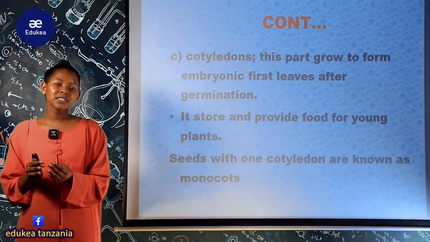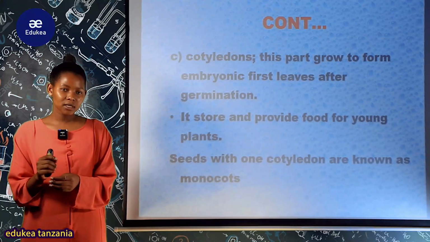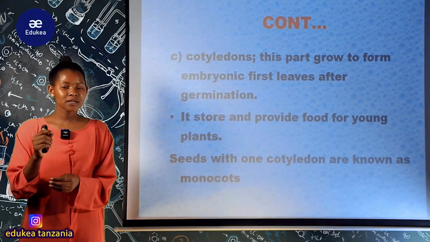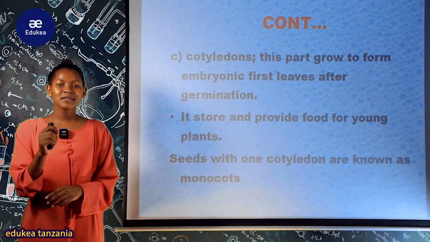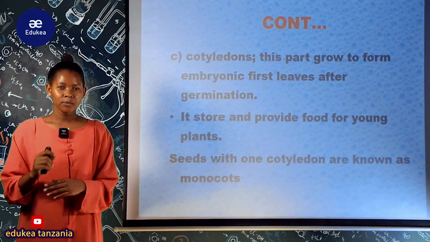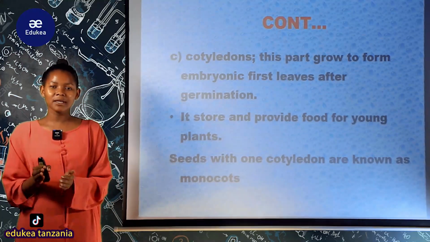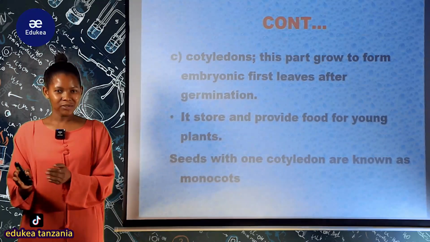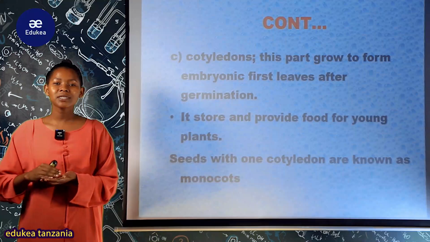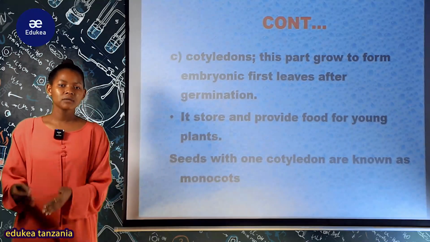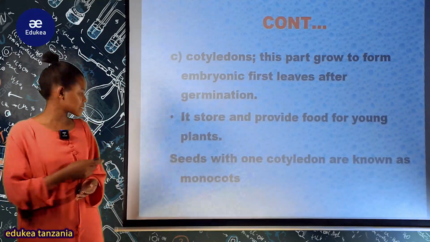When you talk about cotyledon, ni mahali pa kuhifadhi chakula. Maize, muhindi, una one cotyledon. Lakini tukizungumzia mfano wa dicotyledons zenye cotyledon mbili, we can see a beans seed. Ukichukua harage, ukiligawanya mara mbili utapata pande mbili. Zile pande mbili, hiyo ni cotyledon ya kwanza, hiyo ni nyingine. Na aina nyingine mbalimbali za mimea ambazo zina fall under dicots and monocots. You should explore more so that you can deepen your understanding.